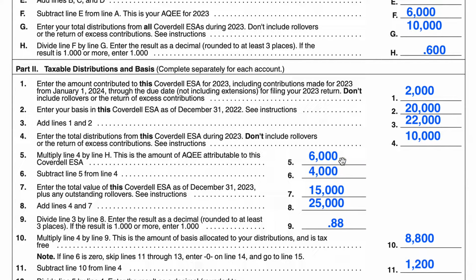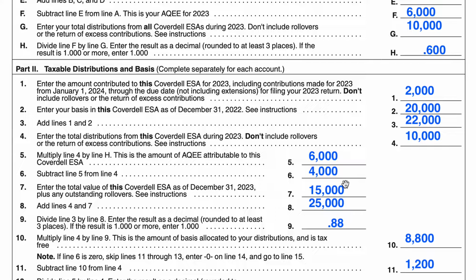So in line 5, we're going to multiply the line 4 amount by line H, which is 60%. We're going to get $6,000. Simple math. We're going to subtract $6,000 from the $10,000, and we get to $4,000. In line 7, we're going to enter the total value of this ESA as of the last day of the tax year. So let's just imagine that, even though we took $10,000 of distributions, there was still some account growth, and we actually ended up at $15,000